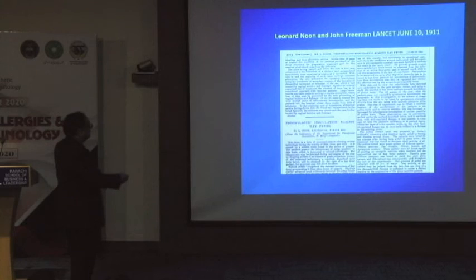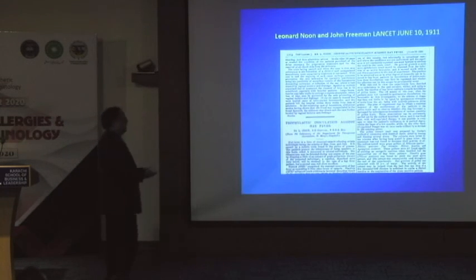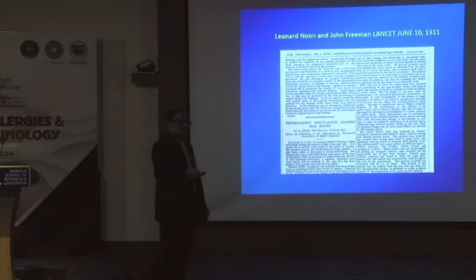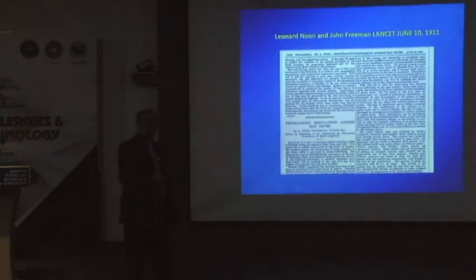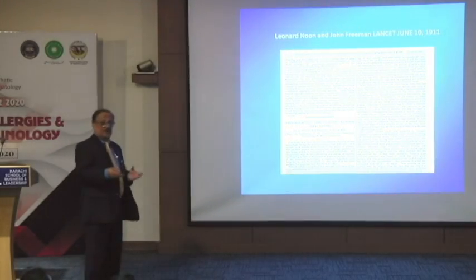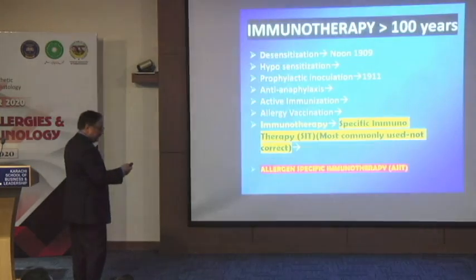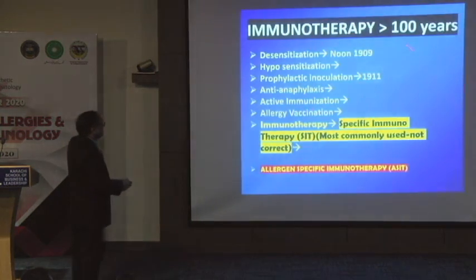Sorry, quickly. This was the first paper in the Lancet in June 1911, when Noon and Freeman developed what they called inoculation at that time. Immunotherapy was started by these two gentlemen, and they were from the same place where I did my job, St. Mary's Hospital. I think they were in a small lab there when they developed it. So this is important that I want to tell you: